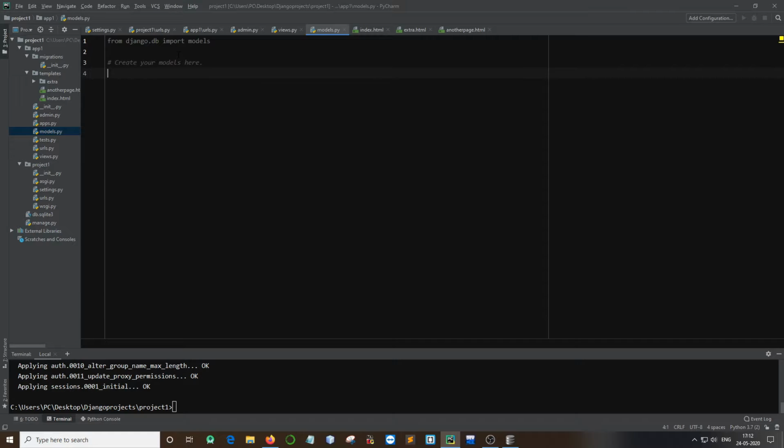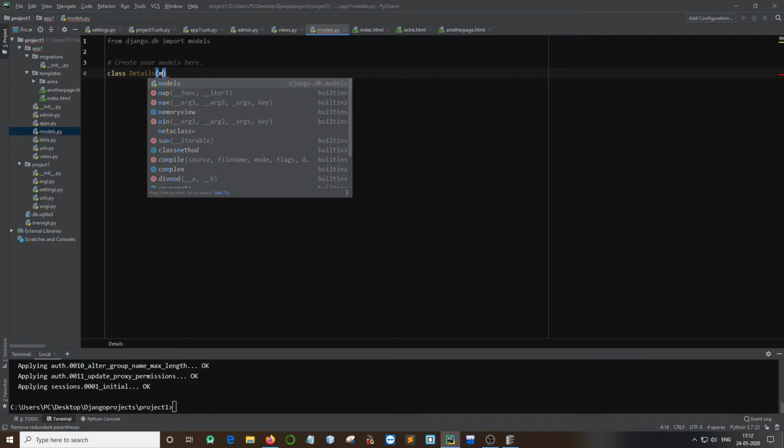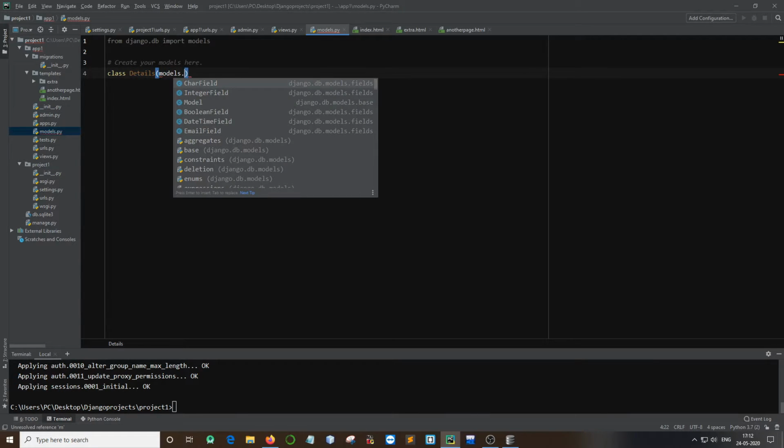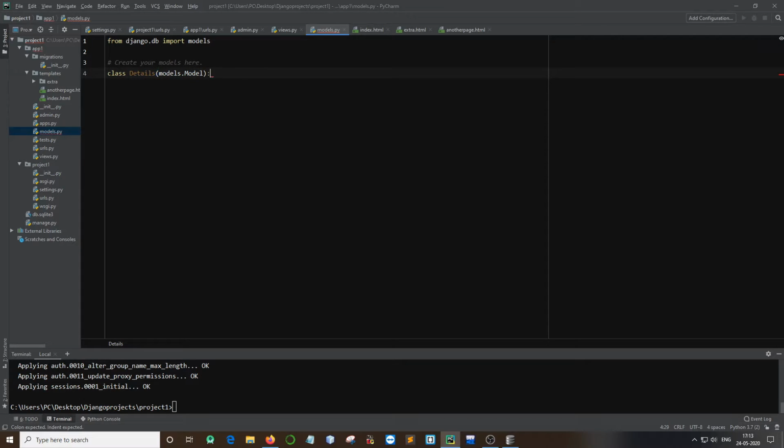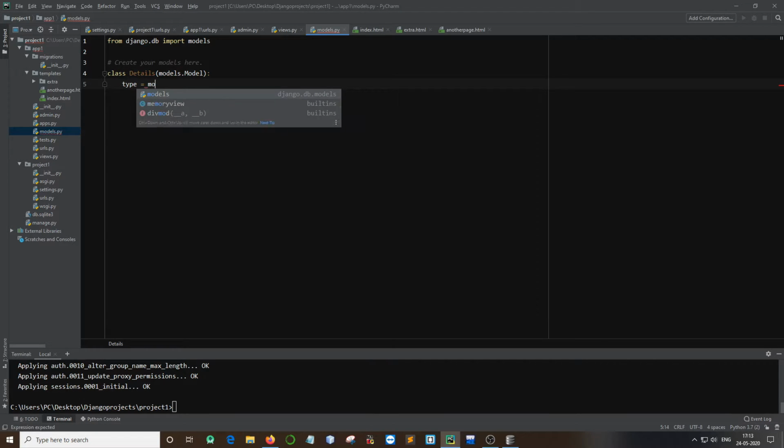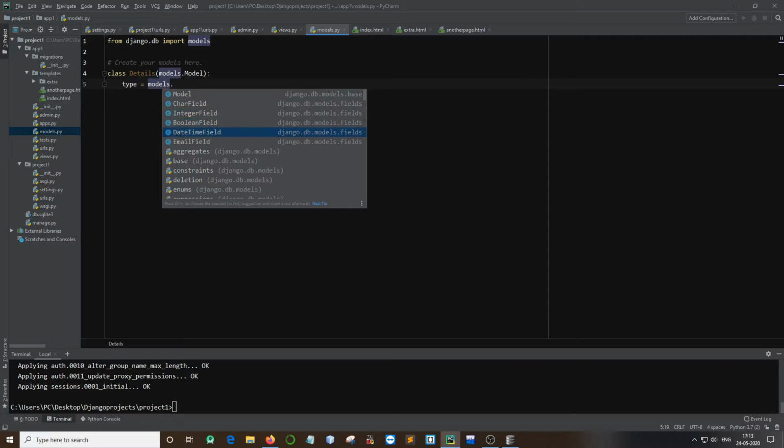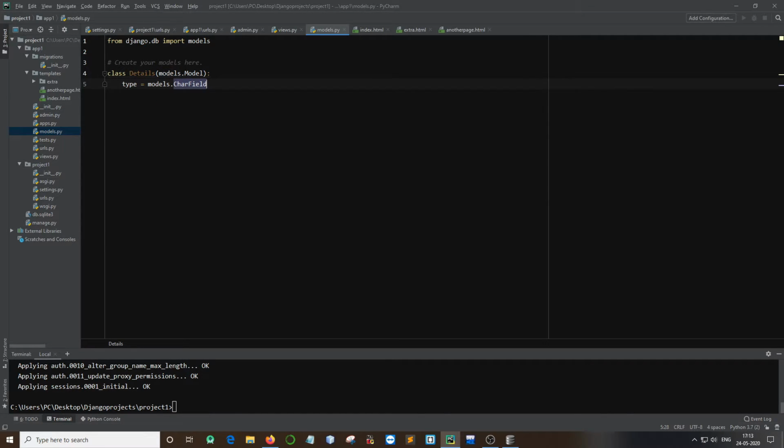For that, we have to create a class in models.py, and we can give any name, just give details. In those brackets just add models.Model and create the attributes by defining the data types. So we have type, which is a character field, or you can specify any other field. There are multiple fields: integer field, boolean field,